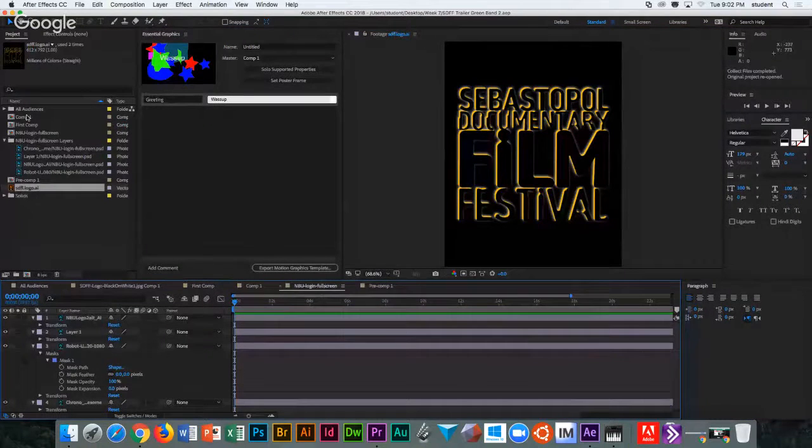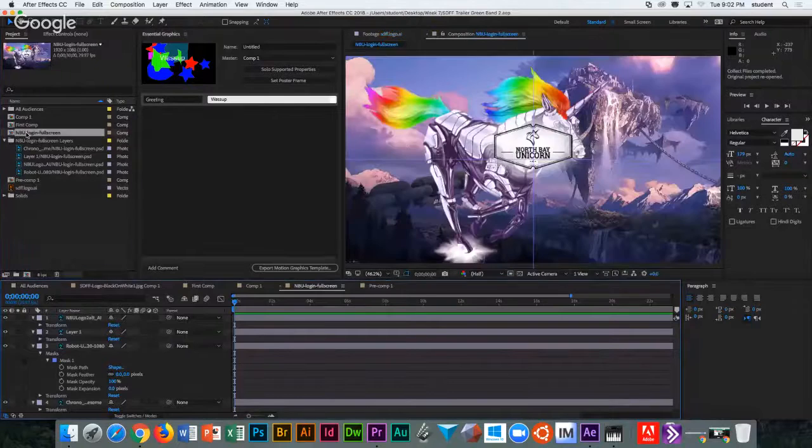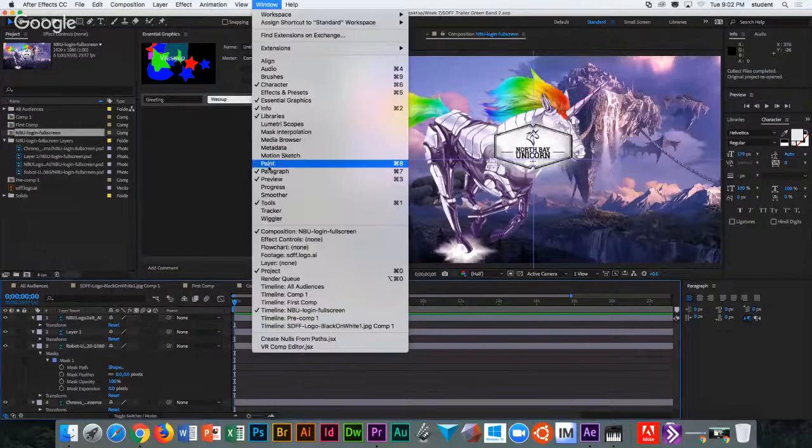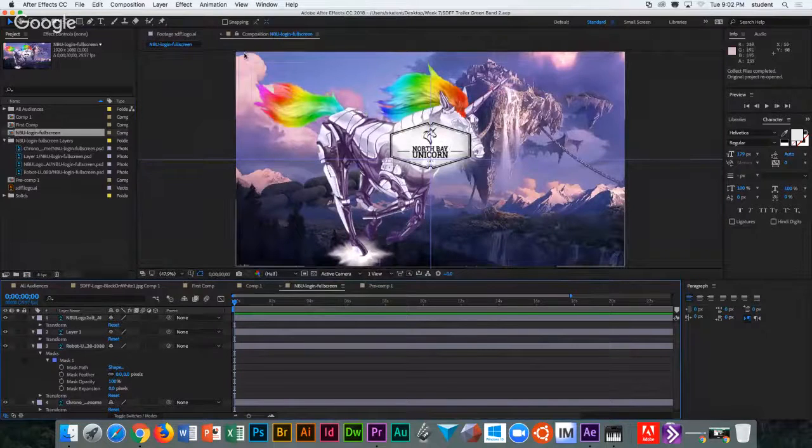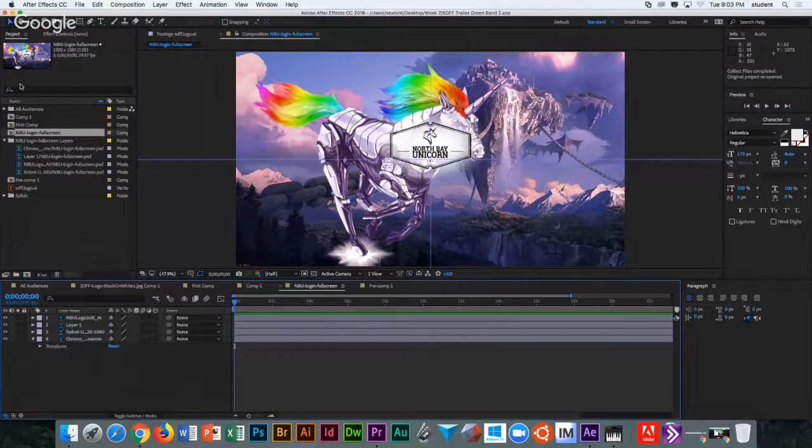Come on, Randy. Where are you going, Randy? There we go. Okay. And we'll close Essential Graphics because that's just making things crazy. So this composition you can take layers from it and integrate it with this composition here,